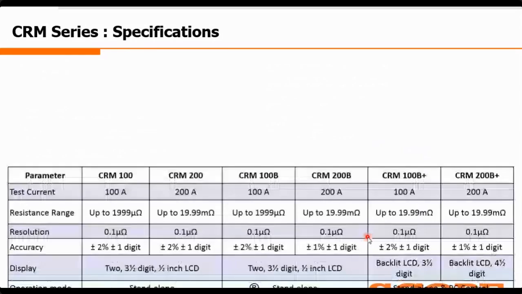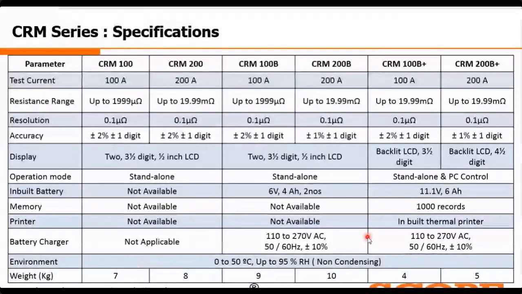Now, coming to the specifications, here you can see I have given all the models, starting from the basic ones to the updated Plus series ones. For the 100 and 200, the basic difference is the current injection, that is 100 and 200 ampere.